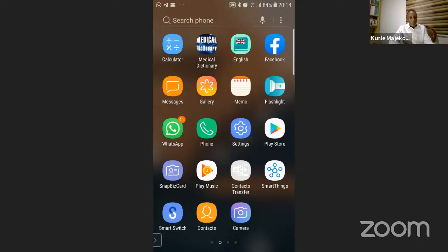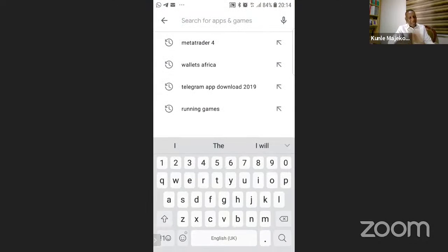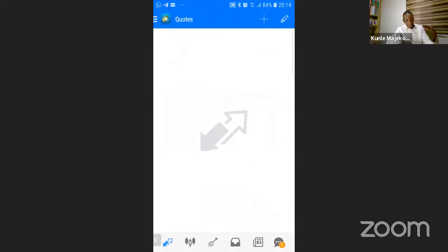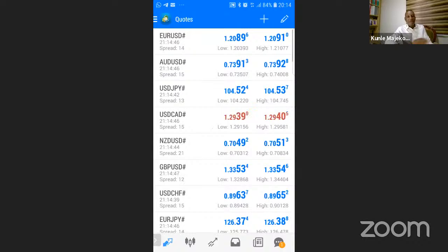So what you do, you go to Play Store, you type in MetaTrader 4, which is something I have done severally. For me, it's telling me to open, but for you, if you don't have it before, it will tell you to install. You click install. It will go through the process of downloading. Once it does, it comes to this level, and then you click open. Now, for me, I have several accounts, so many demo accounts that I've opened. So if you look at my phone, you see several ones there. But for you, what you will see is a different MT4, okay? But you need to now open a proper MT4 with a broker.